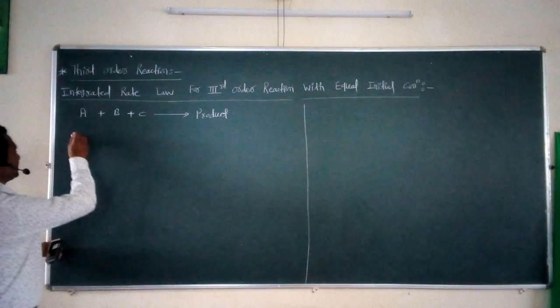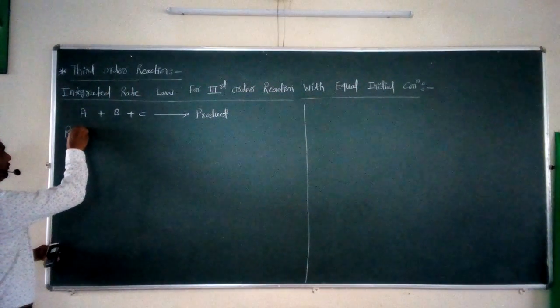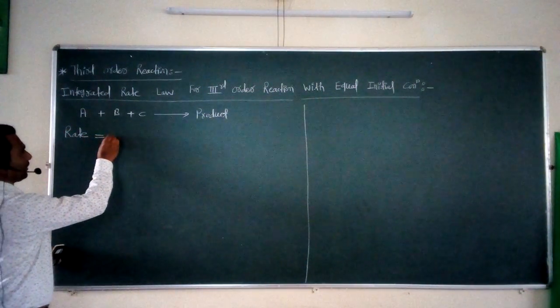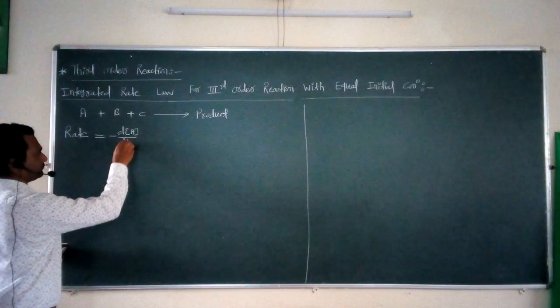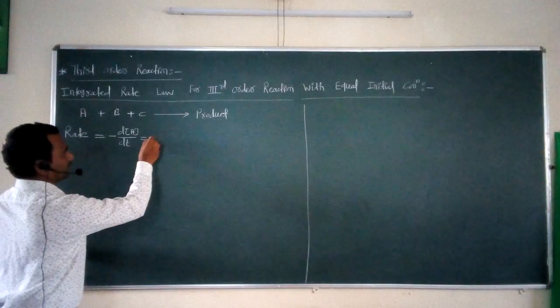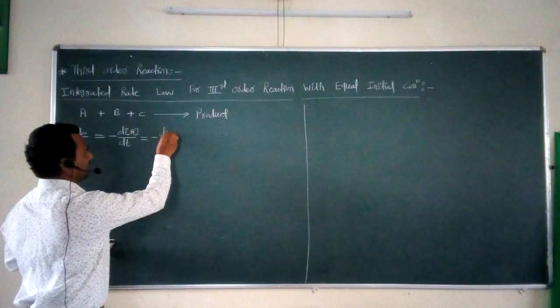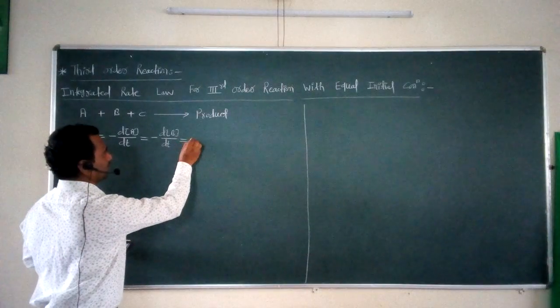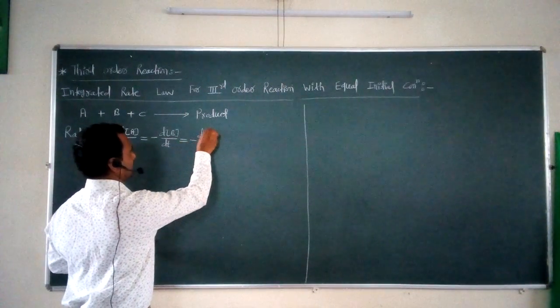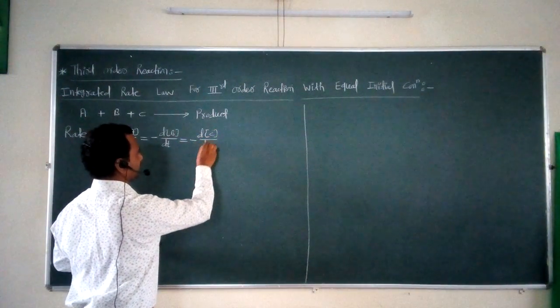How to write this rate? This rate is equal to minus dA upon dt is equal to minus dB upon dt is equal to minus dC upon dt is equal to,